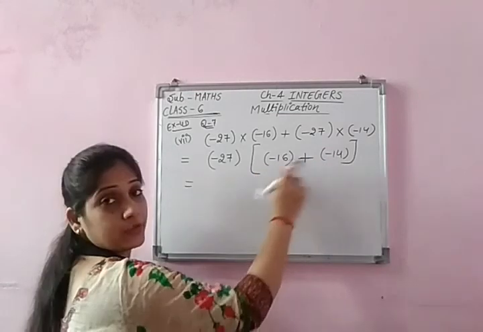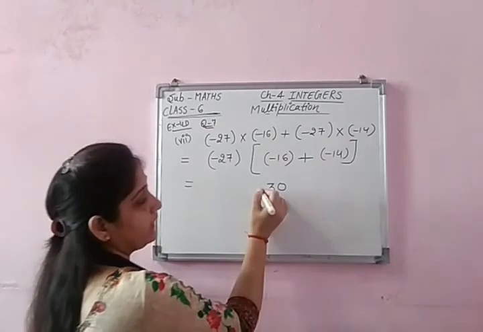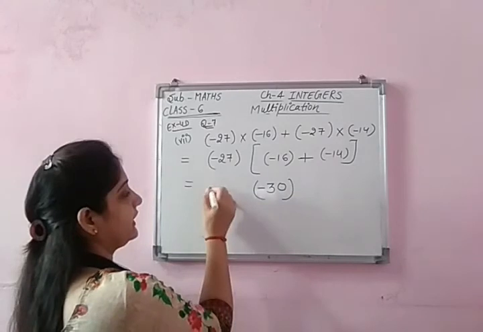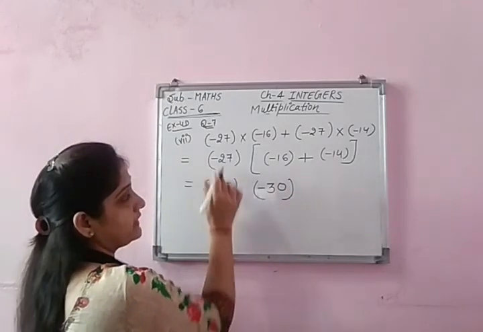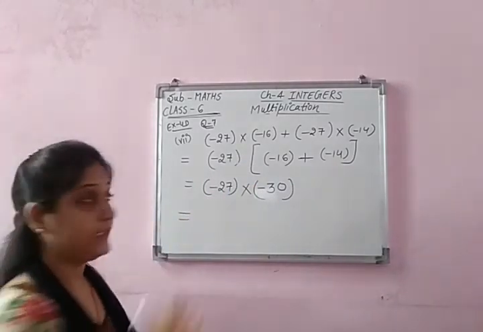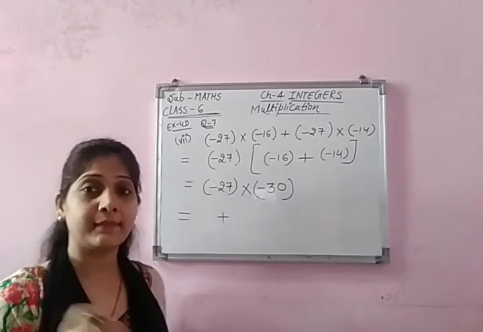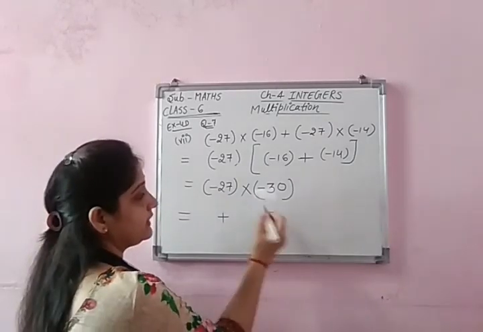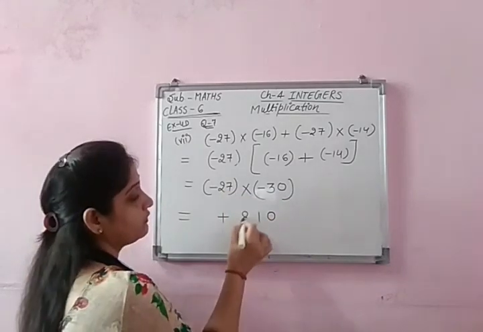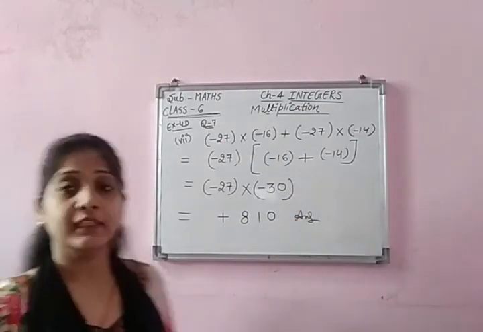So minus, if both the signs are the same, let's add the digits. It will be 30 and with the negative sign. Because both are negative, that's why the answer is also negative in addition. Outside number as it is, and what is the sign in between? Multiply. Now we want to multiply. So minus minus becomes plus. Because in multiplication minus minus becomes plus. And 0 as it is, let's multiply. 3 7s are 21, 3 2s are 6 and 2 8. So positive 810 will be the correct answer.